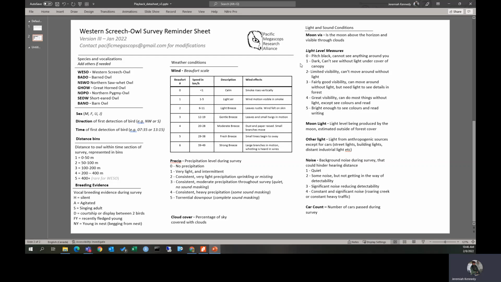This will also be downloadable. I think I neglected to put that up, but it will be downloadable on the website as the Western Screech-Owl Survey reminder sheet. So this you can keep with you and has all of the descriptions of the different definitions. So you want to make sure that you have all of this information in the back of your head. But when you're out in the survey and you think, oh, what's the code for that owl? Or, oh, what is the Beaufort wind scale? Or I can't remember what the light measurements are, then that's available to you. So print that out, keep that with you. All right, so